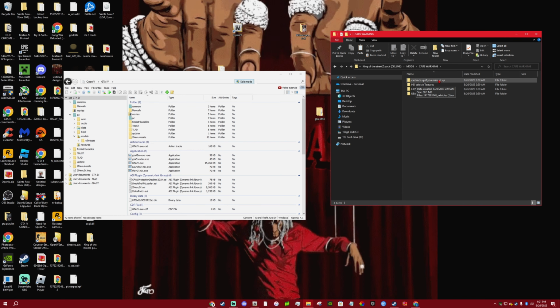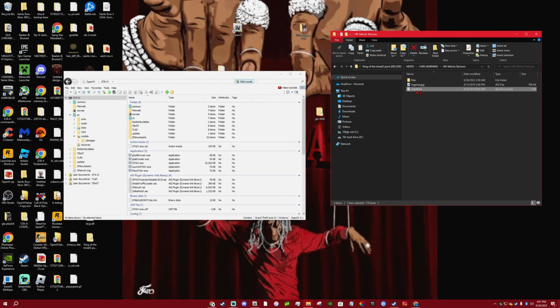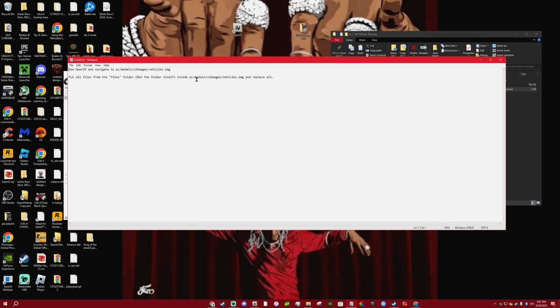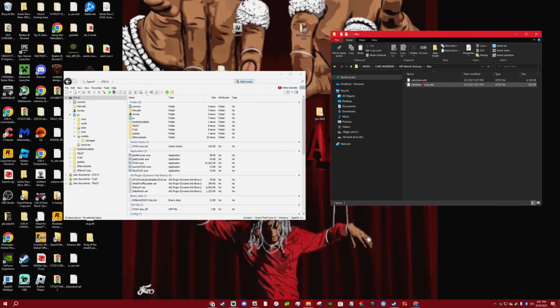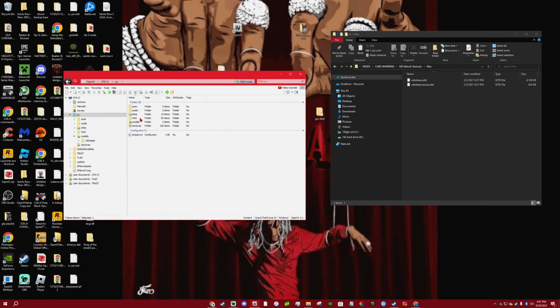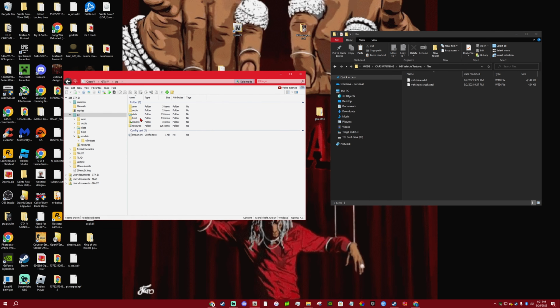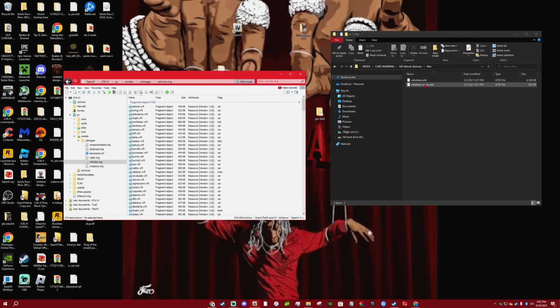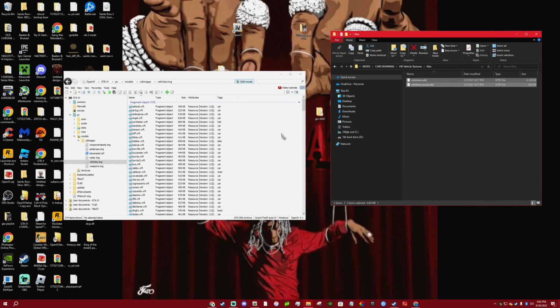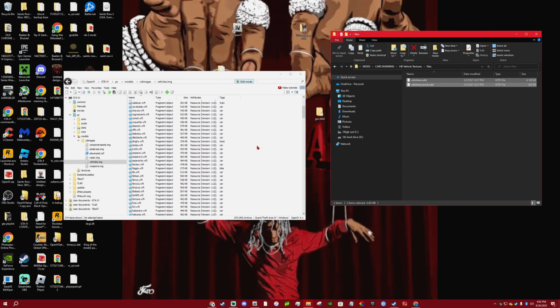All right, let's start with the vehicle textures, right? So this is what it looks like. All it does is it makes all the car reflections better. You know, it just makes everything more updated looking, high quality. So let's go to installs. So that's where to go. So PC model, CD images, and vehicle.img. So we're going to place these files inside of that. So let's go over to OpenIV and go to PC, models, CD images, and then vehicle.img. Go inside of there. And then you want to highlight these and place it in there just like that.